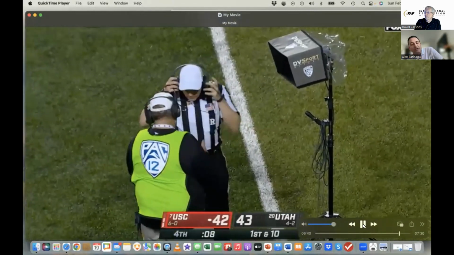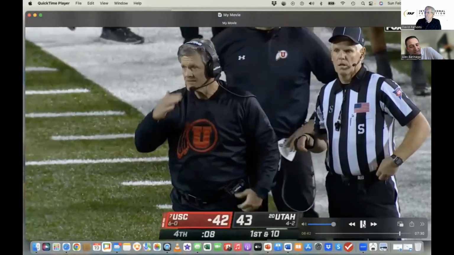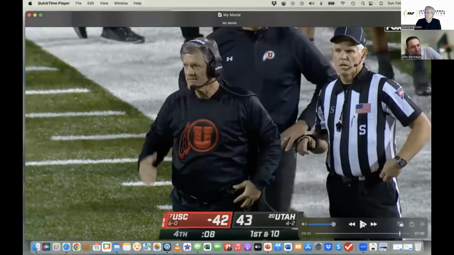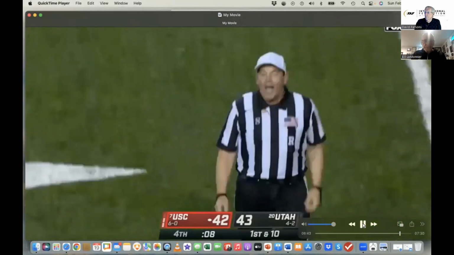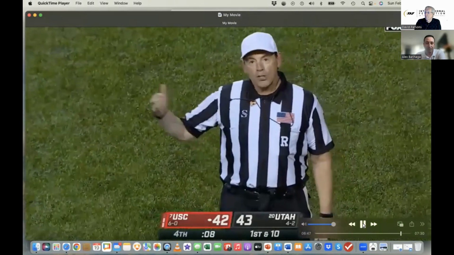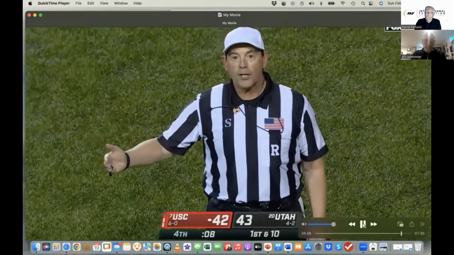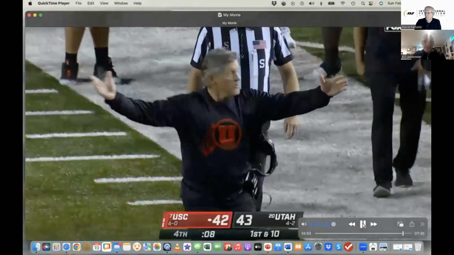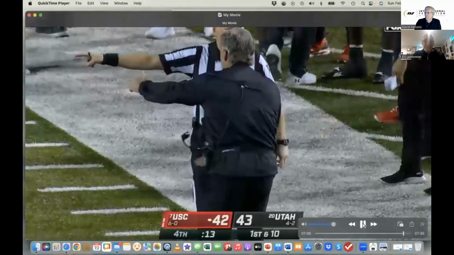But you've given an inadvertent signal. So do we go back and restore time to this point of the inadvertent whistle? Is the play dead? The timeout signal was given during the play. So it's still defensive pass interference. We'll have that 15-yard penalty. The game clock will be reset to 13 seconds. The game clock will start on the snap. Because of an inadvertent signal from the officials, USC gets an